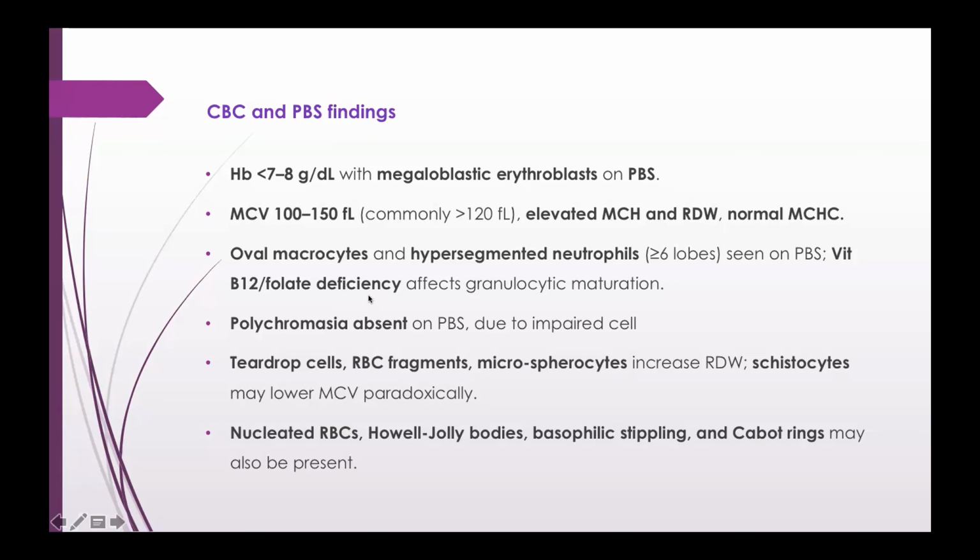So ovalomacrocytes are also another characteristic, and hypersegmented neutrophils, because vitamin B12 and folic acid are very important for white blood cell maturation. So that's why hypersegmentation of neutrophils, an abnormality where neutrophils could show more than 6 lobes, is one of the abnormalities affecting white blood cells in folic acid deficiency. Polychromasia is absent on peripheral blood due to impaired cell